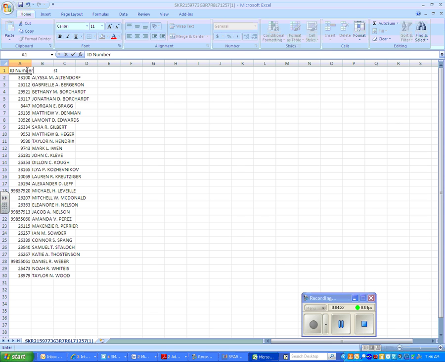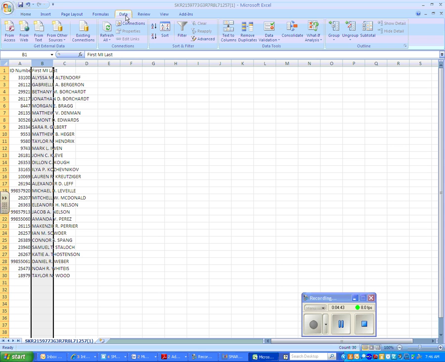The clickers, your response file, your teacher tools are going to recognize this when it goes to import your students into your classes. So you want your first column to be student ID number, and then you are going to want to split the column name for the first, middle, and last name. So if we highlight it, we're going to go up to the top and click Data, and then go to Text to Columns,